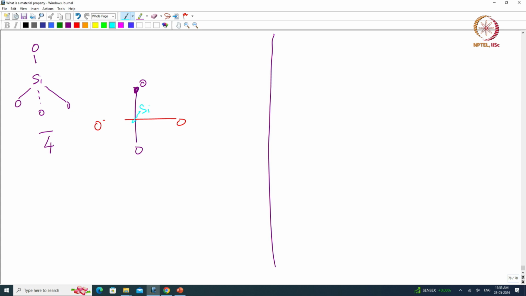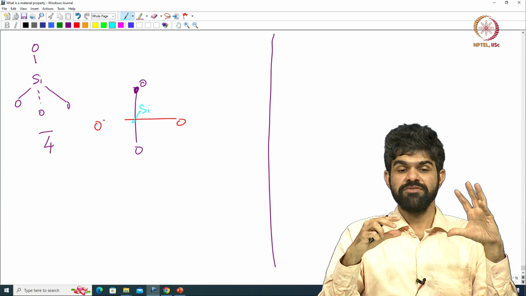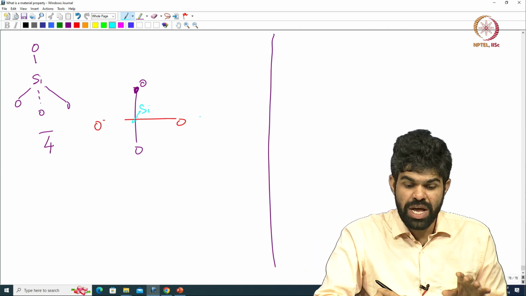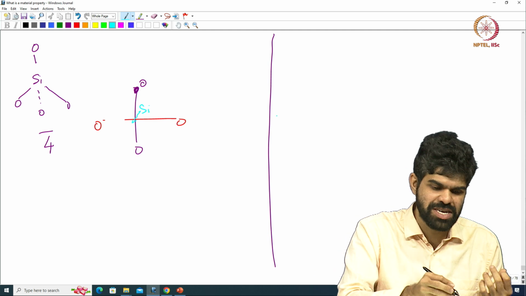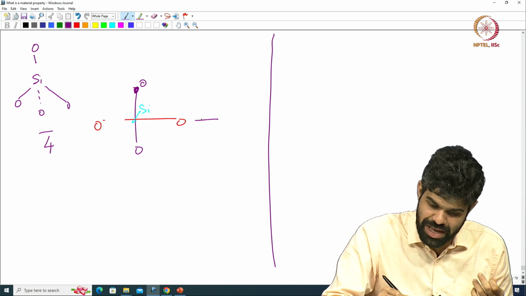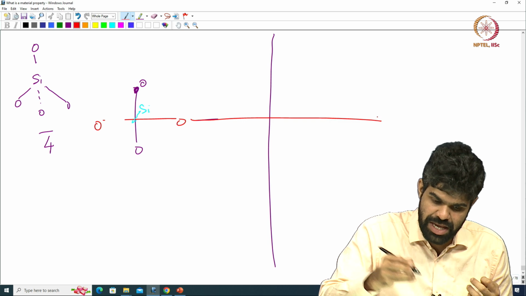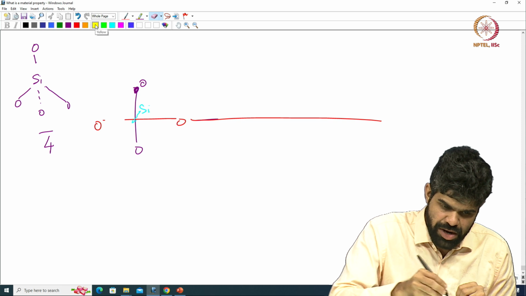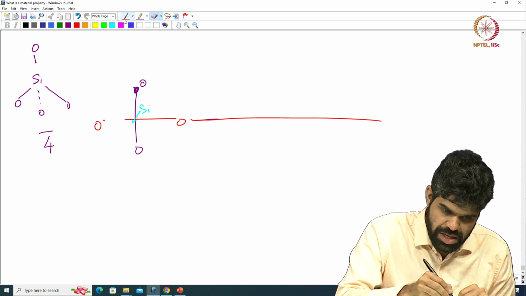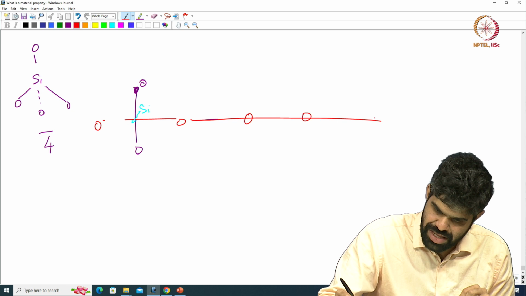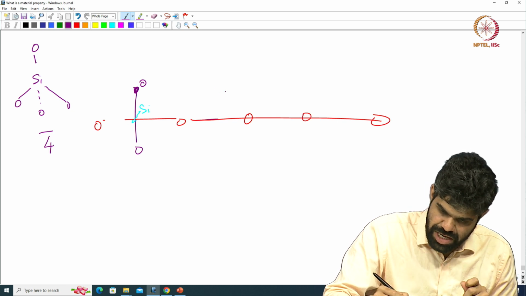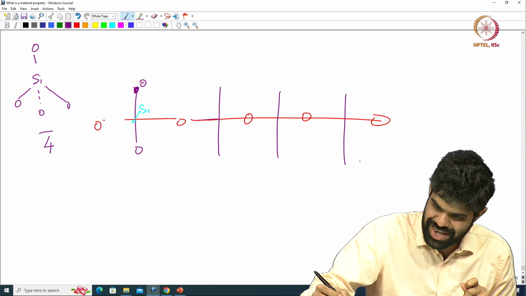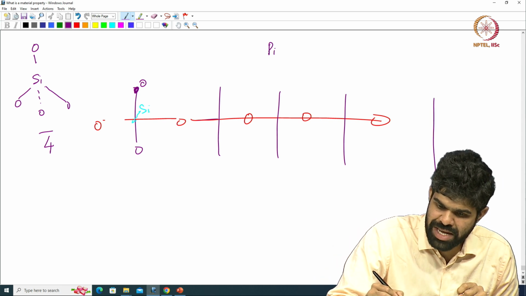So I can have a 4-bar axis of symmetry, not 4-bar axis, but a point about which there is 4-bar symmetry, right. But for this unit to preserve this 4-bar symmetry, every other unit should be arranged in a very similar fashion, right. So the next unit should also have the same thing, right. So the red one should keep going like this. Sorry, let us just erase this, that is okay. So the red oxygen should keep going like this, the underlying oxygens, right. And the vertical ones should keep coming like this, right. So the pink one is out of plane,